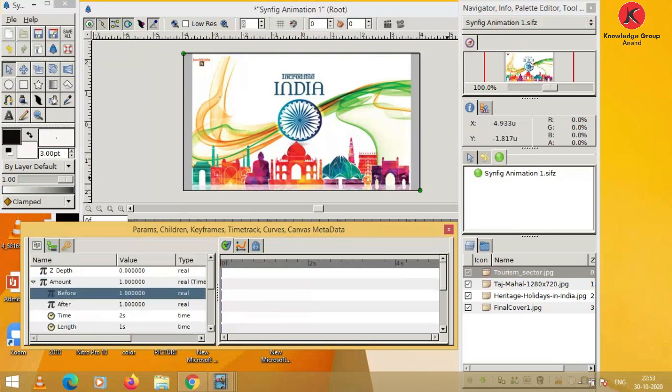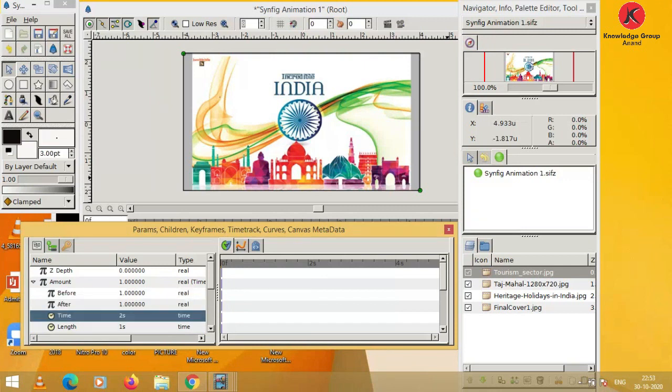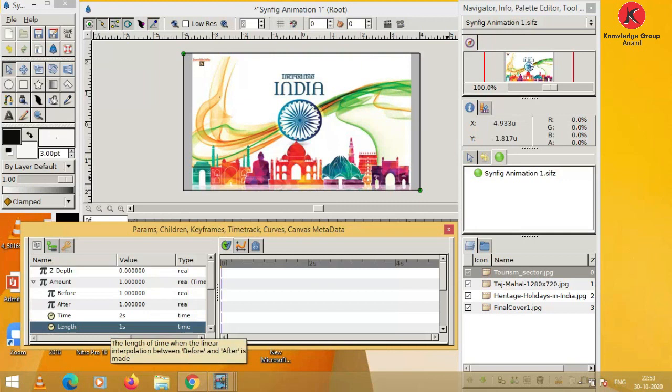These options specify the visibility of the image, swapping it from the before to the after parameter using length and finishing the swap at the specified time.